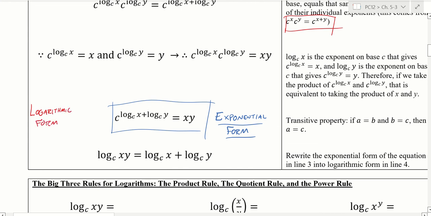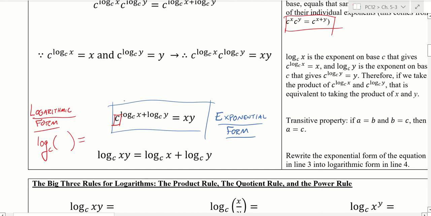Well, in logarithmic form, we would say log base c, right, because c is our base here, log base c of some input would be equal to, well, what's the